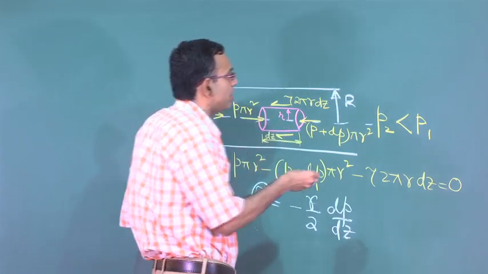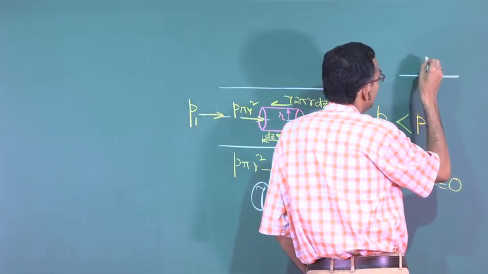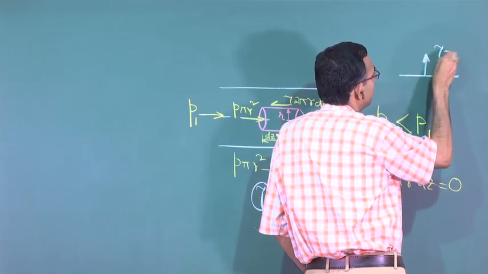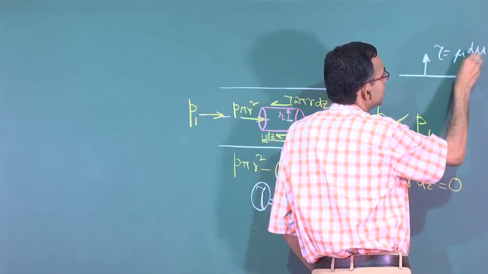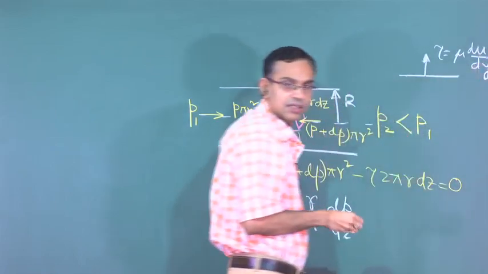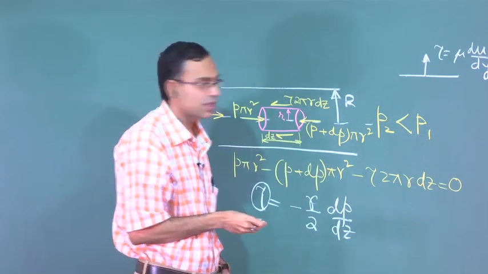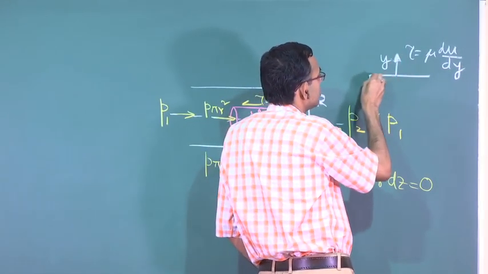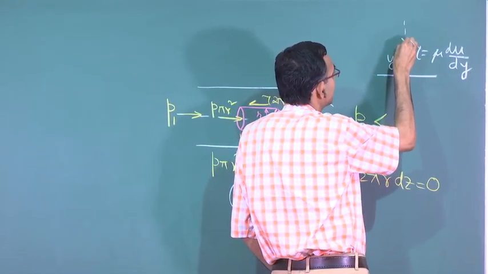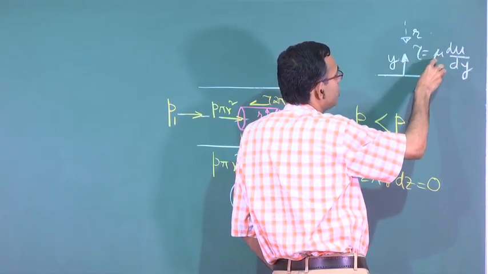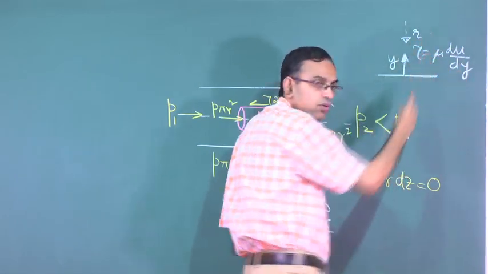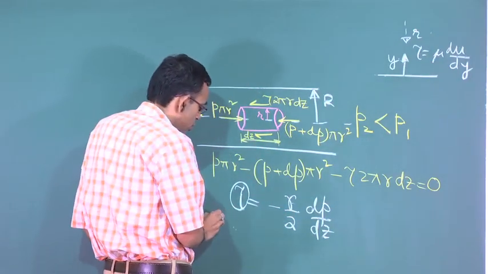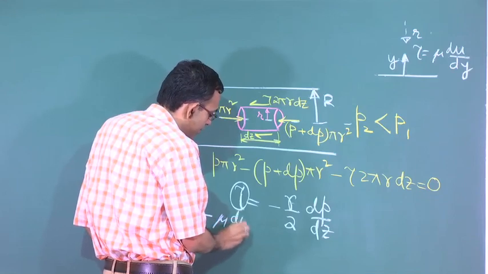Why minus mu du dr? See, if you have a solid boundary, then for a unidirectional flow, tau will be mu du dy. This is Newton's law of viscosity that all of you have learnt through some of your basic courses in physics. Now here, this is the wall, the r direction is towards the wall. So mu du dy will be minus mu du dr, because r and y are in opposite direction. So for a Newtonian fluid it will be minus mu du dr.